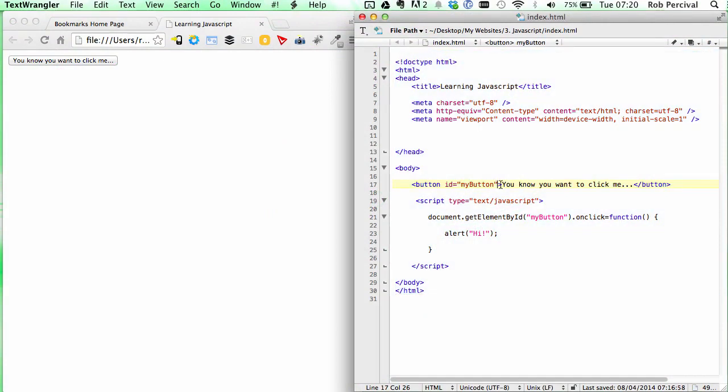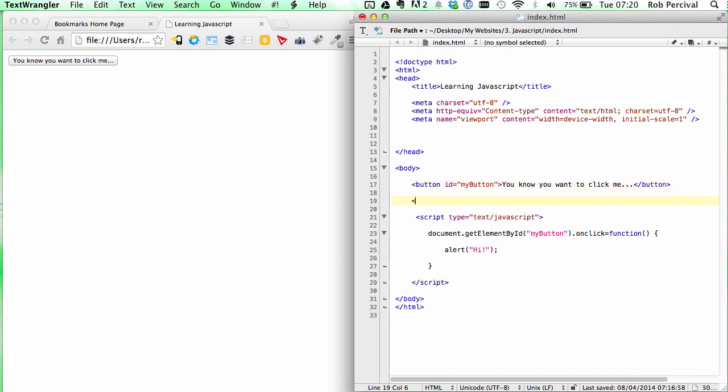I'm going to start by combining the two tricks that we've learned so far to respond to a click and change the text of a div when we click on a button. So let's see how that might work. We've got our button, and let's put our div in with some text in it. And what we want to do is when that button is clicked, we want to change the text of the